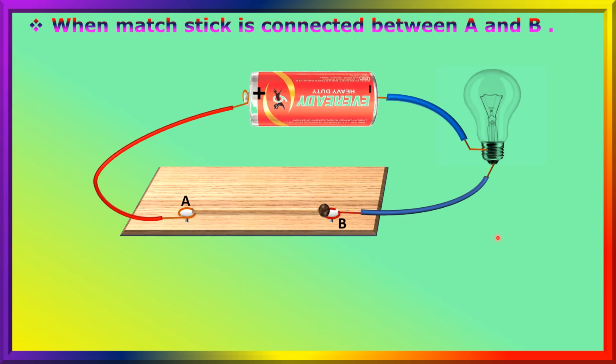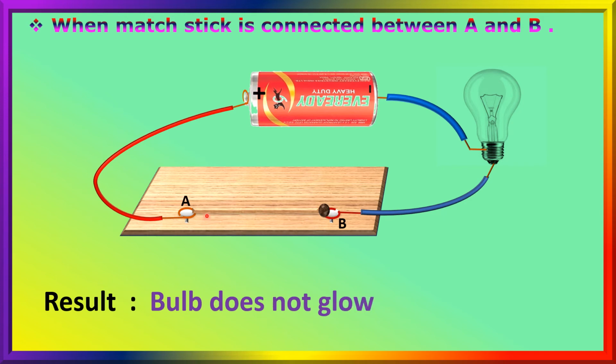No, the bulb is not glowing. What is the result here? The bulb does not glow. That means this is also an insulator. A dry matchstick is also an insulator. Okay. Next,